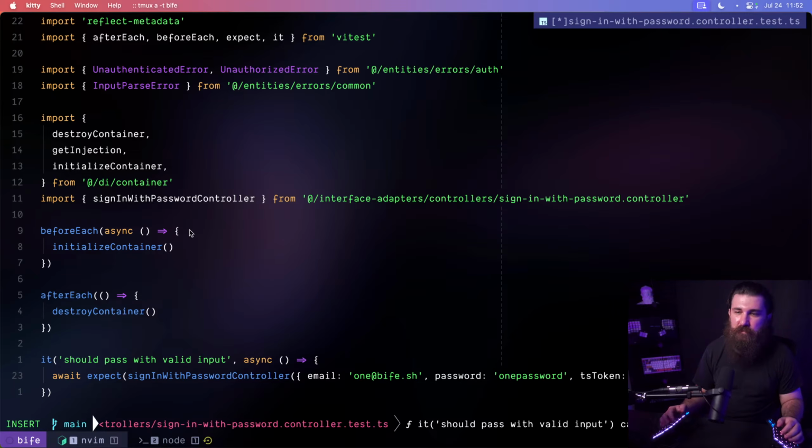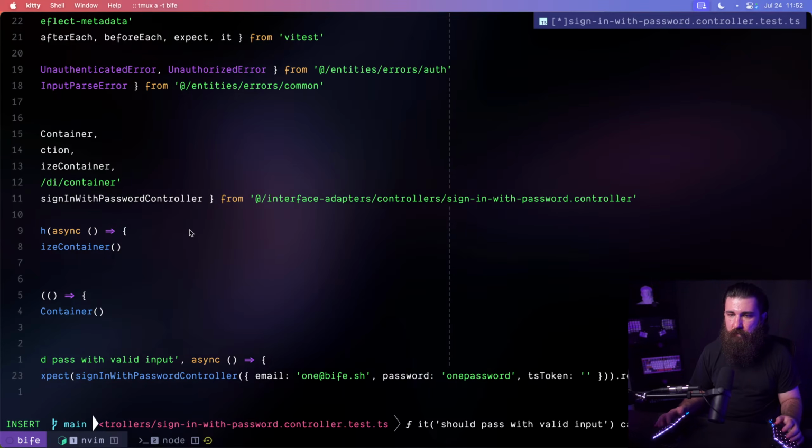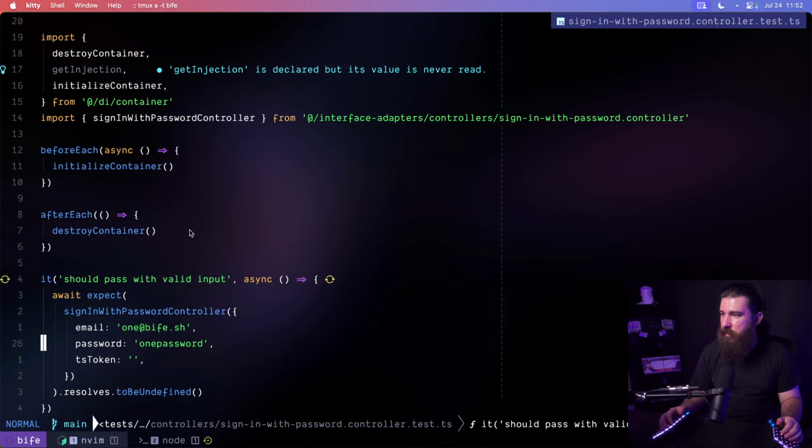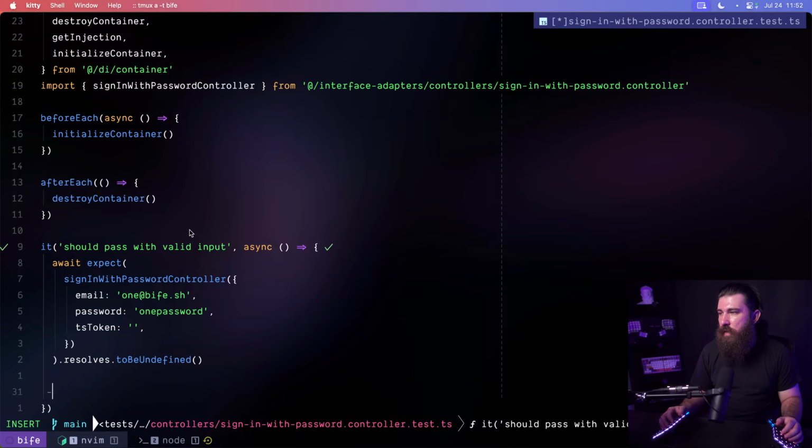Thank you. Yeah, so this should resolve, right? And it should just be undefined. There we go. If I run this, it should just pass. It passes, but we're not done yet, right? We also